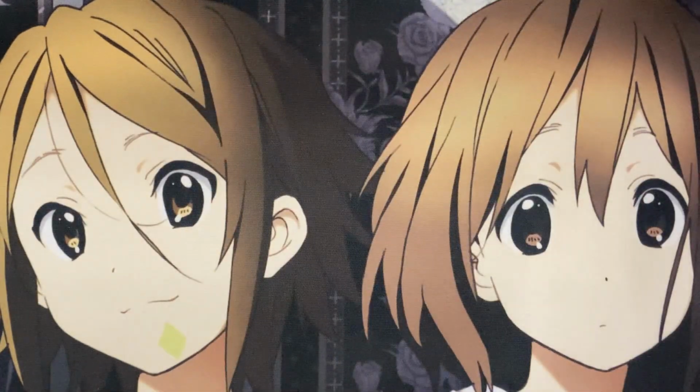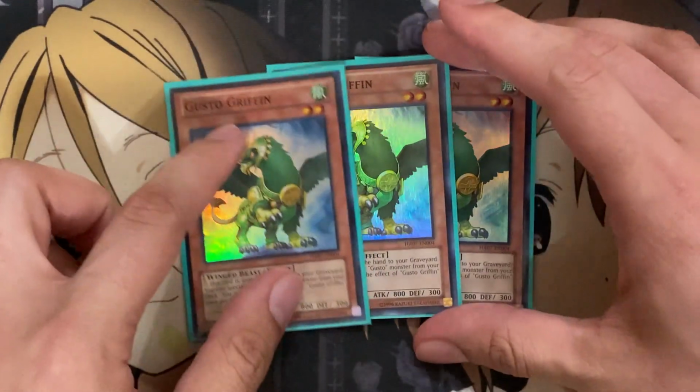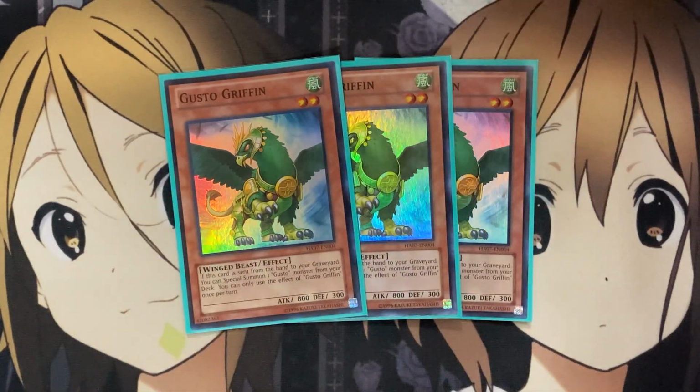I also run 3 Gusto Griffin with this card. If a card is sent from the hand to your graveyard, you can special summon one Gusto monster from your deck. You can only use this effect of Gusto Griffin once per turn. So all you have to do is send this card from your hand to the graveyard. You have plenty of cards for that option, with this one being able to set up more and more,